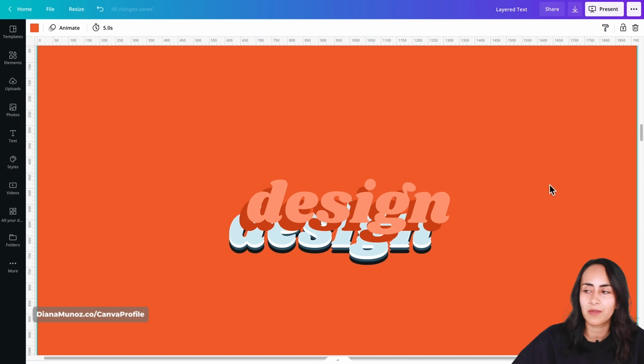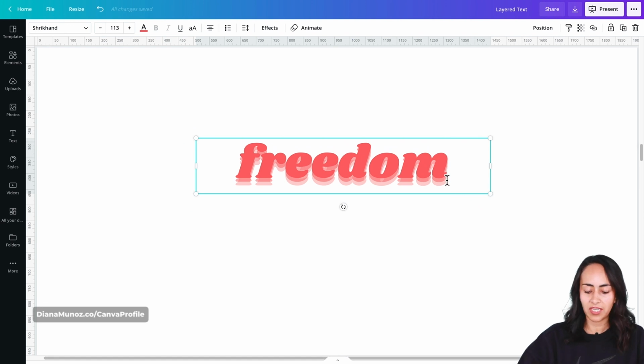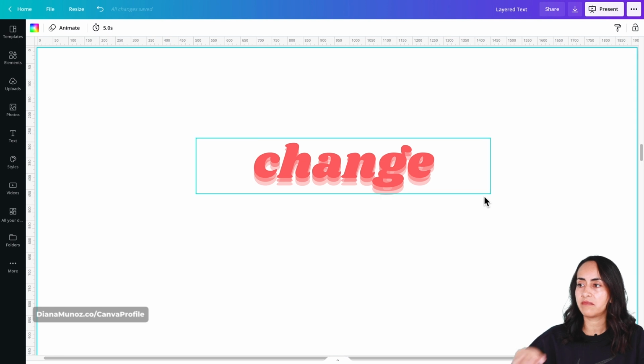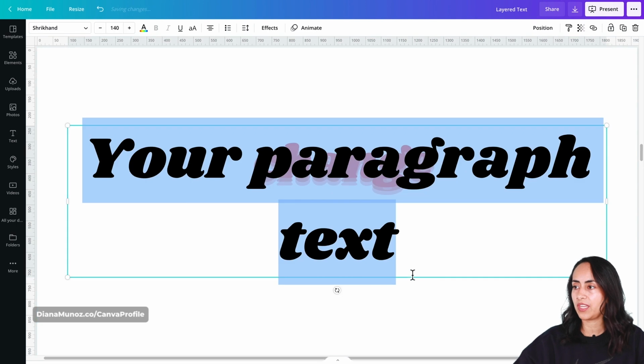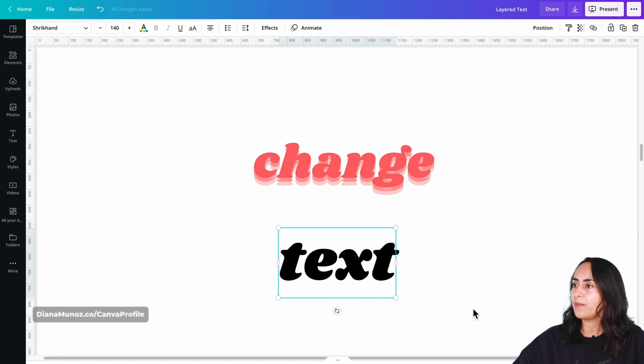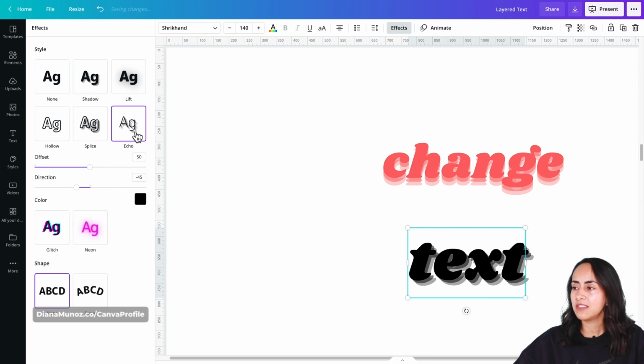You will do it with more time, but with this other trick, you can actually change your text and have this layered or echo effect automatically. So how do you do that? You just create a new text box, okay? I did it by pressing T, remember? And then I go to Effects here on this toolbar on top, and here you will see this effect called Echo. So click on it, and as you can see, your text now has this layered text effect automatically.